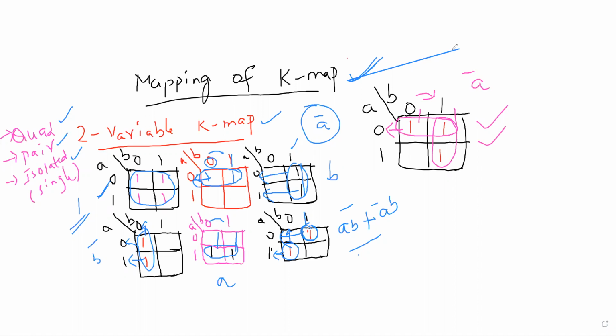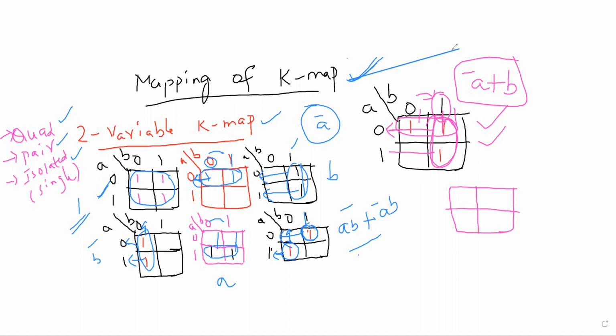Then one more group we are having, therefore it will be plus. This is the second group. If you observe the rows, a is changing from 0 to 1, therefore we do not consider it, but there is only one column. What is this? B. So a bar plus b. This is the thing. Similarly, if you observe one more thing here, one more style.